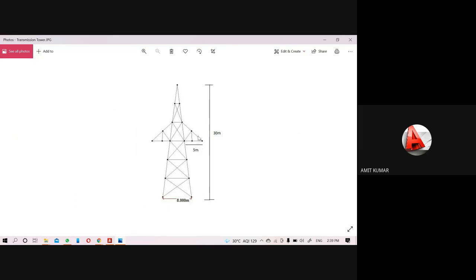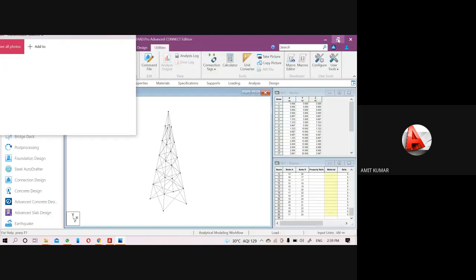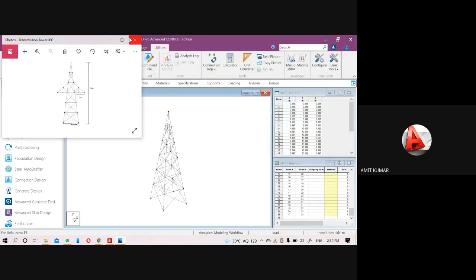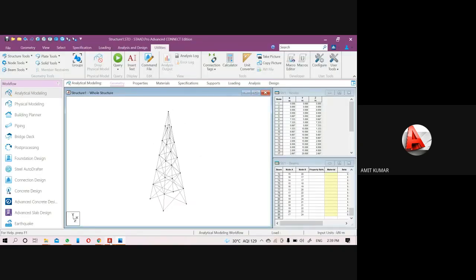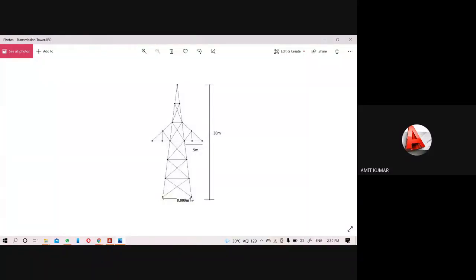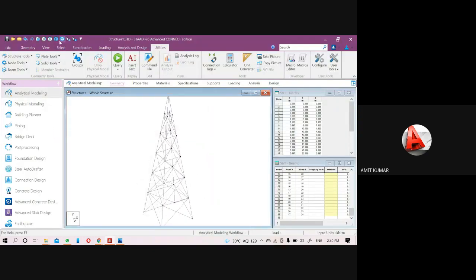Okay, now the next thing is to create this part of the structure of the transition tower. For this I will break. Let me check the height at one-third, two-thirds after the third division. So let me check it. Come to the front view.